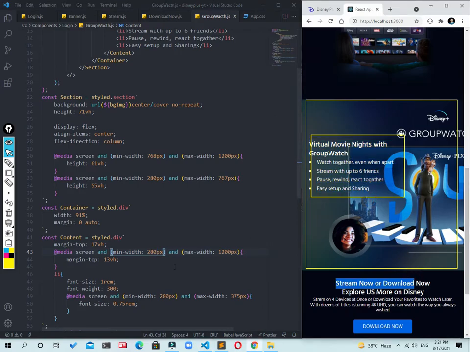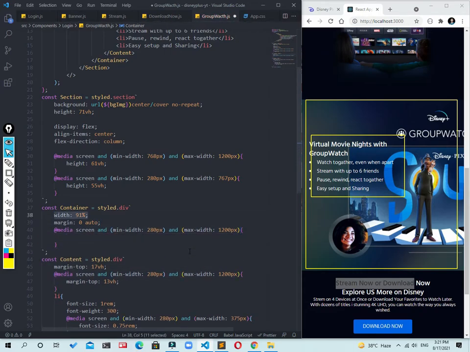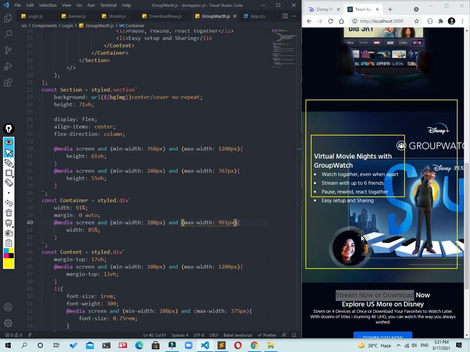Okay, now we also have a media query for that container. So this time the width of this container will be 85%, and there we have 991 pixels. Oh my goodness, guys, we created it just according to our requirement. Okay,